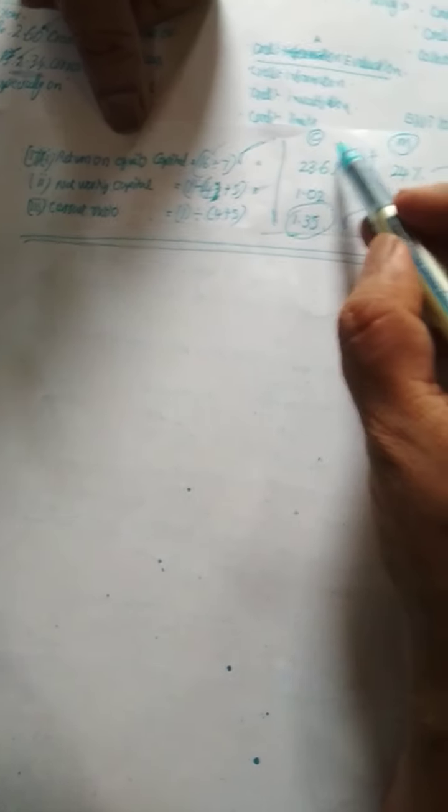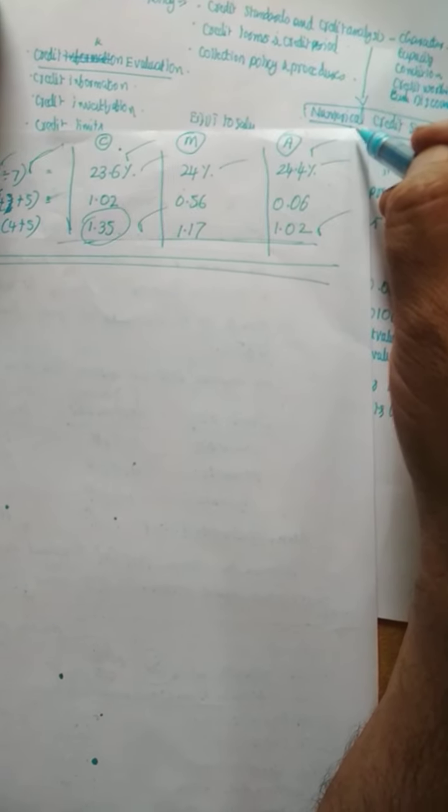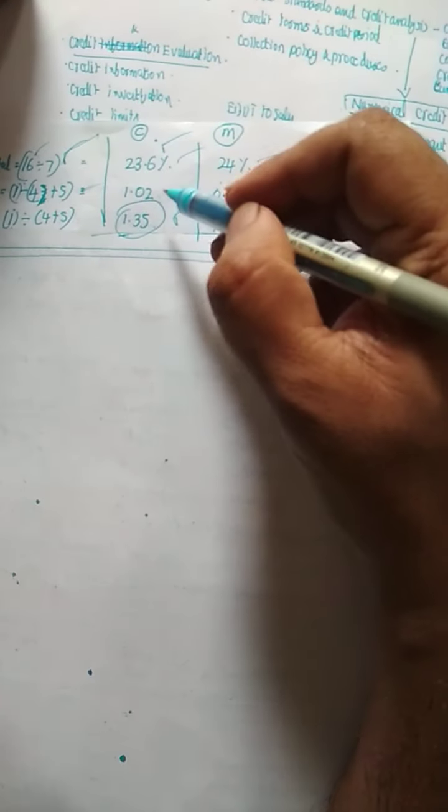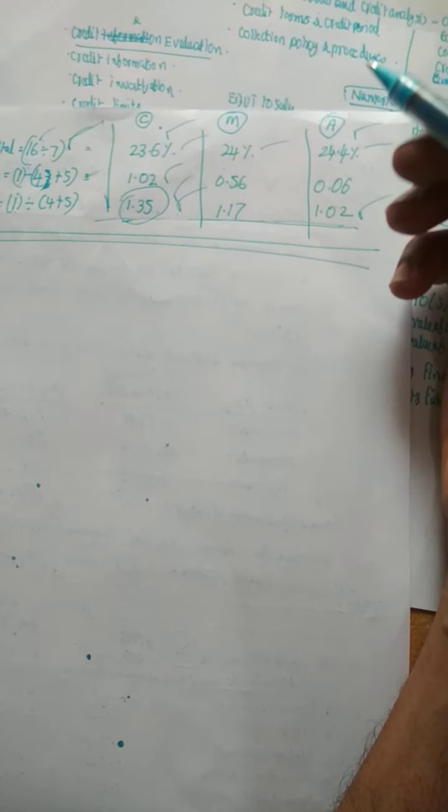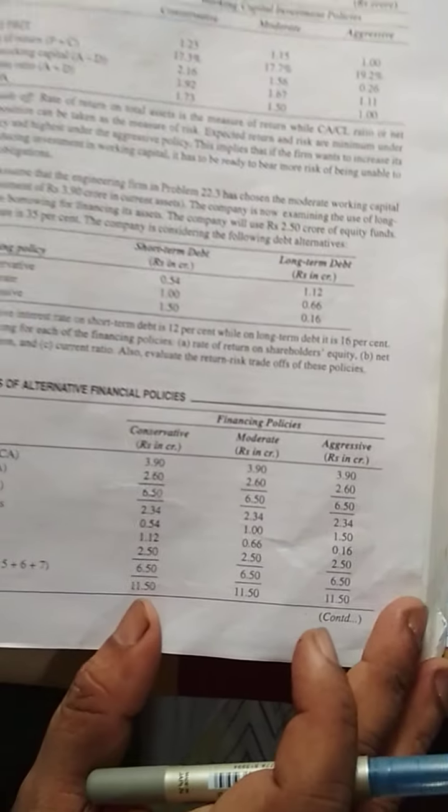Only change we have to notice here is that under conservative policy, the return on equity capital will be less, whereas under aggressive policy, return on equity capital will be higher. And in the other cases, usually under conservative policy, the net working capital and current ratio will be higher. So there is no difficult calculation in these problems. These both problems, you could calculate very easily and directly.